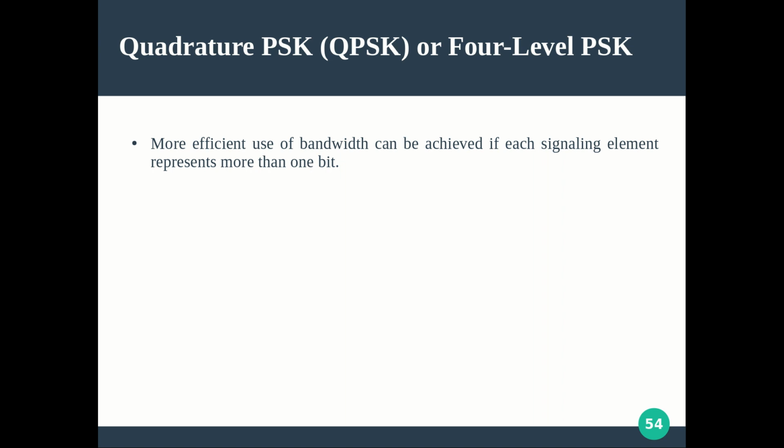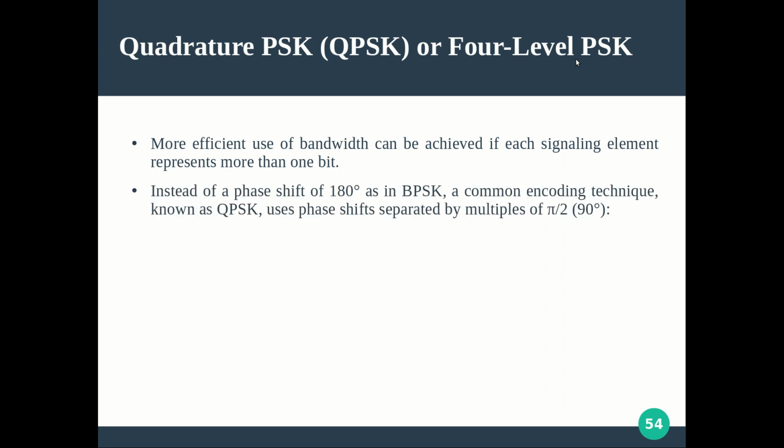So more efficient use of the bandwidth can be achieved if each signal element represents more than 1 bit. So that is the idea. If 4 levels are there per signal element, we can represent 2 bits instead of 1 bit. So instead of a phase shift of 180 degrees in binary phase shift keying, a common encoding technique known as